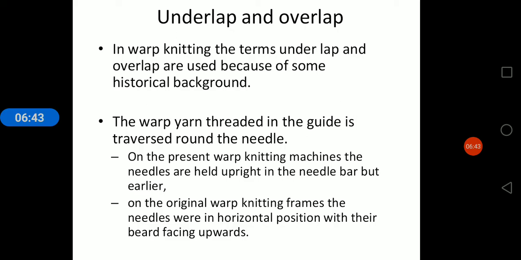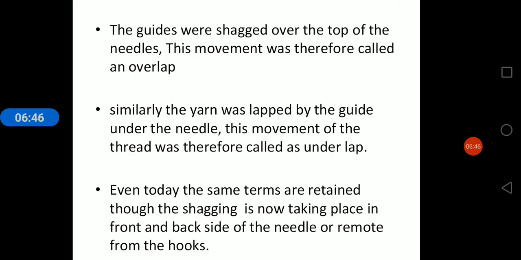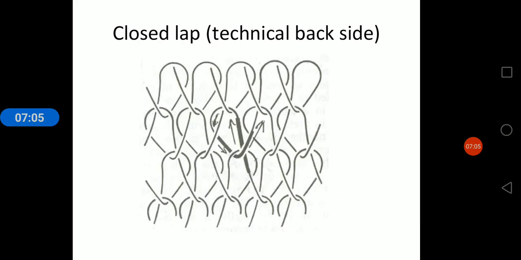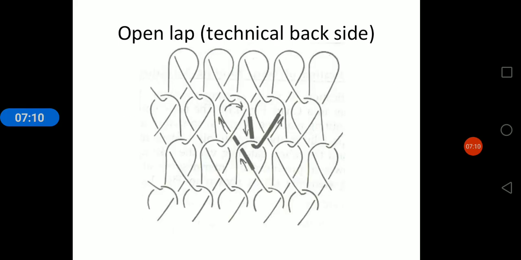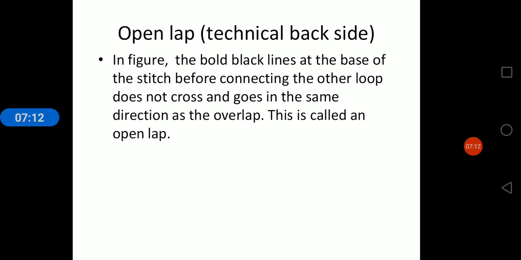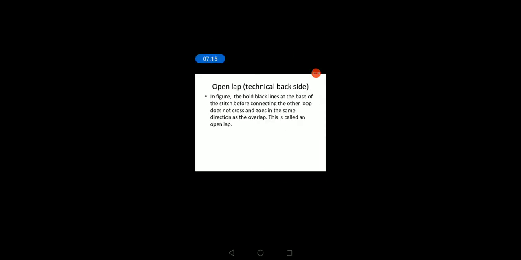On present warp knitting machines, the needles are held upright, and the movement of the guide lapped under the needles is called the underlap, and the guides shogged over the top of the needles. This movement is therefore called an overlap. Even today, the same terms are retained. The technical face and technical back sides, closed lap and open lap, are very essential. This is a brief introduction to the